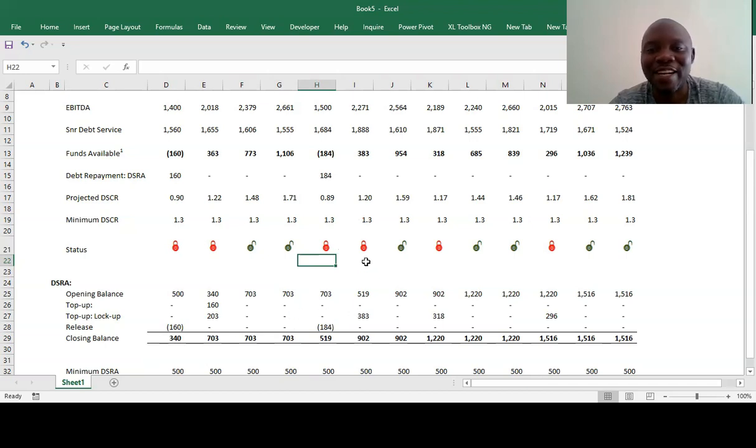But here there's a lockup, but you still have the funds. So what do you do? The top-up lockup will show that this money is coming in because it's sweeping. It's more of a cash sweep, sweeping everything that is in the year and taking it to the debt service reserve account.